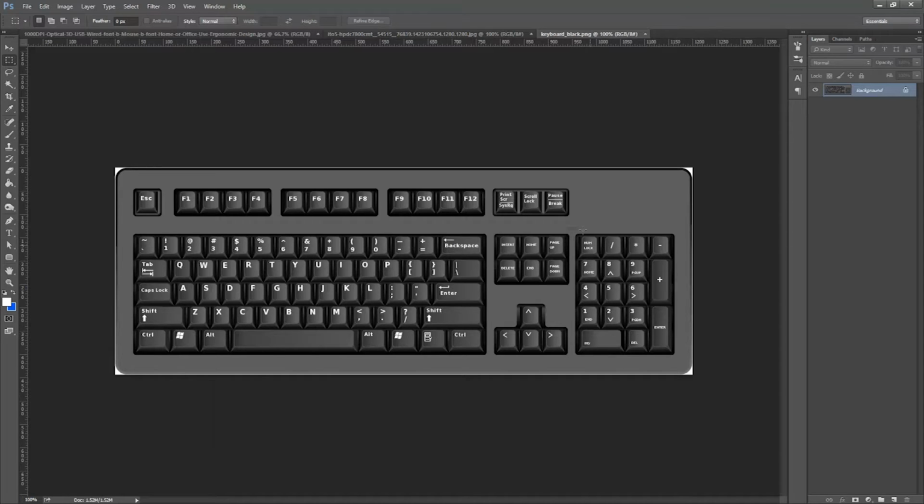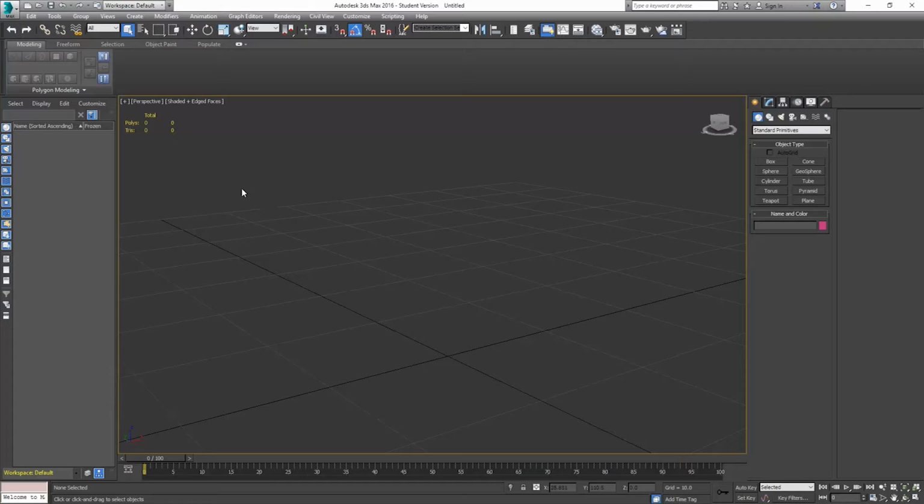Normally I would want to bring these references into 3ds Max. What I'm going to do instead is show you how I would approach modeling this, and explain with Photoshop the way I look at making segments for the thing that we're going to model. So let's say I start out with a simple box shape in 3ds Max, and I want to know how many segments I should have on this object, because if we go over to Max and I create a box